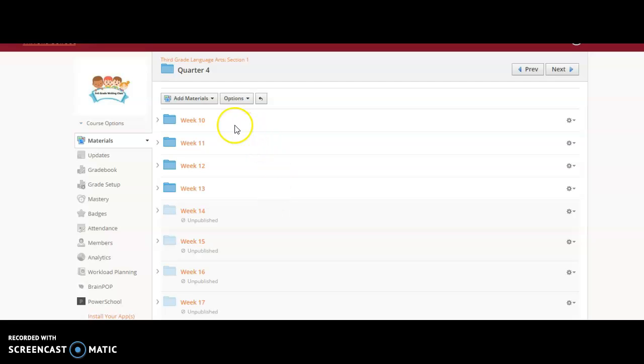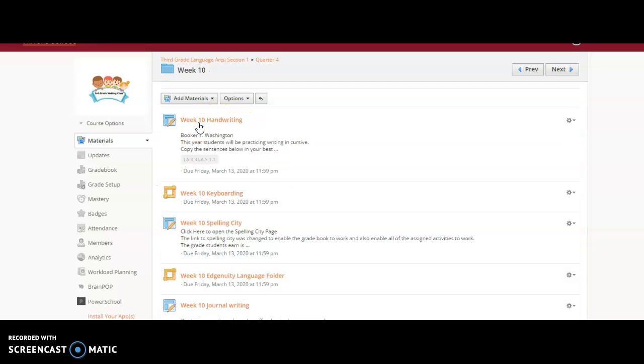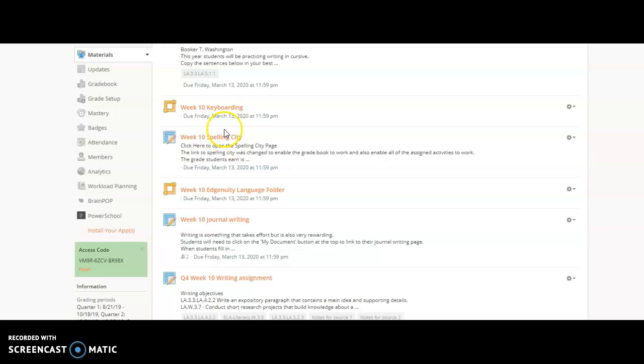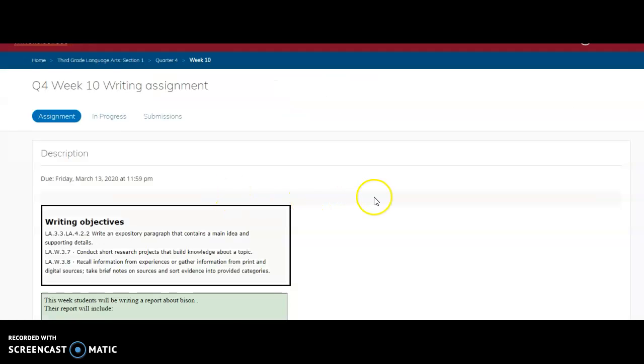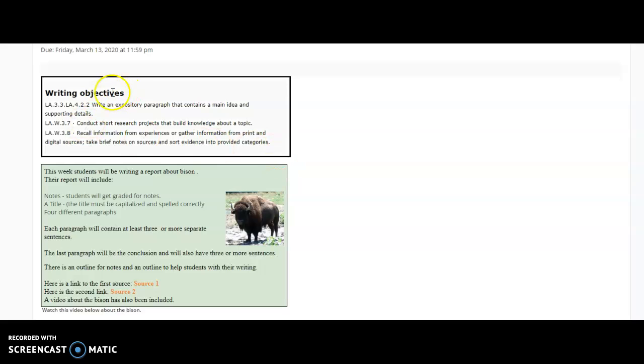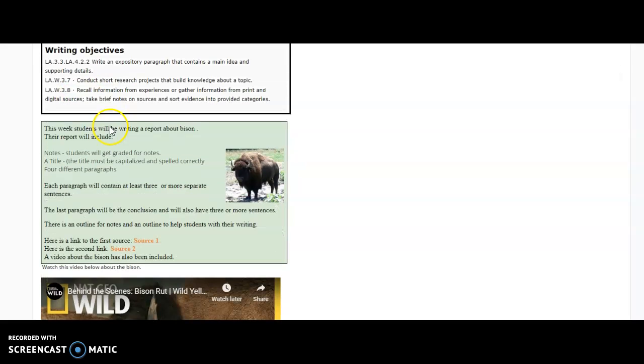I'm actually going to go to week 10 only because right now we're working on the science fair, and week 10 gives you an example of just what a regular writing assignment might look like. All right, so I drop down to where it says week 10 and open on that, and you can see right here there's some objectives there. The objectives just talk about what skills students should be working on for this assignment,